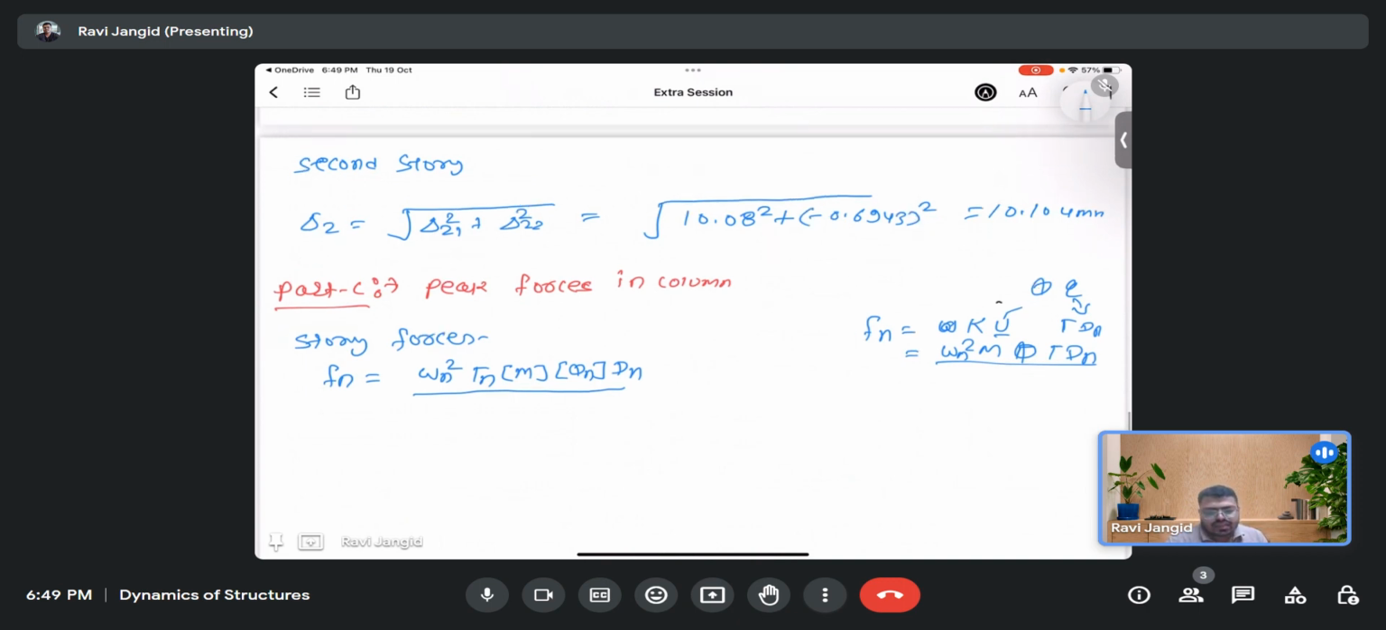So now after getting this, you can directly get, for the first mode, F1, that would be 10.37 square times 1.0486 square times the mass matrix, 75,001,110 10 raised to power 3, into